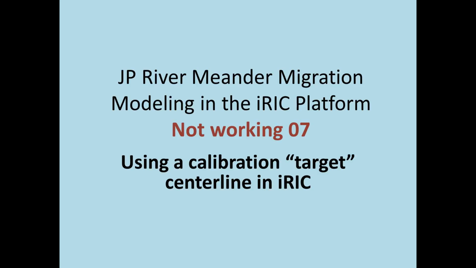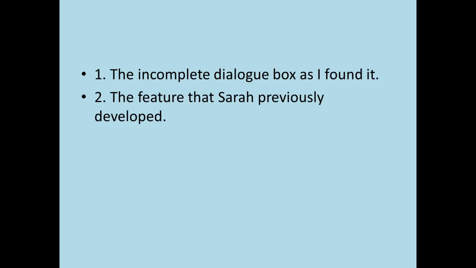This is video 7 for things not working, and it concerns making a calibration target centerline in the iRIC platform. This will be a rather simple demonstration, I believe. I'm going to deal with 2 points. There is an incomplete dialog box